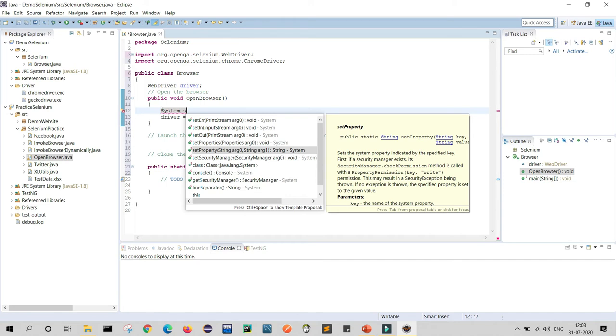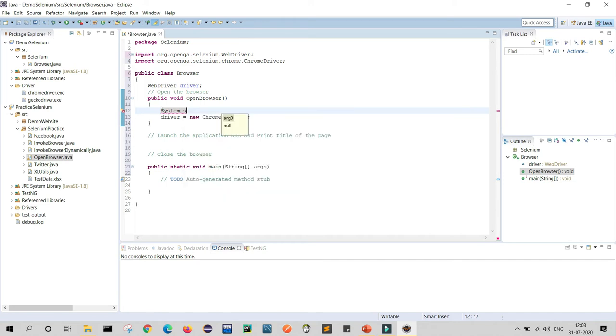It is asking for key and value, I mean arguments. So my first is to define my driver. So I will write webdriver.chrome.driver, and here after inverted commas I will define the path.